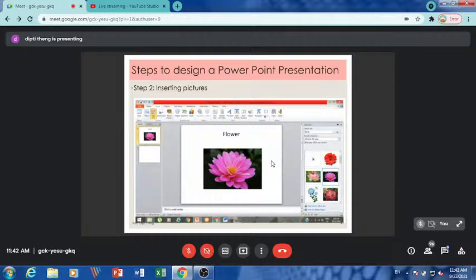Then special symbols is also there, and the last is about the media, that is you can add video and audio files. For video and audio files, they must be already available. For audio, you can have different audio effects available, some of the tunes available in the background that you can add. So these audio and video files you can add